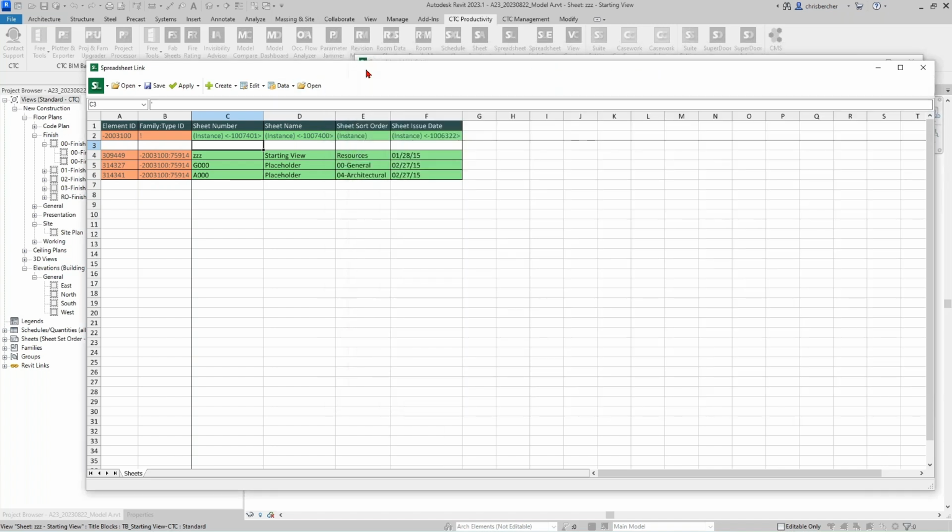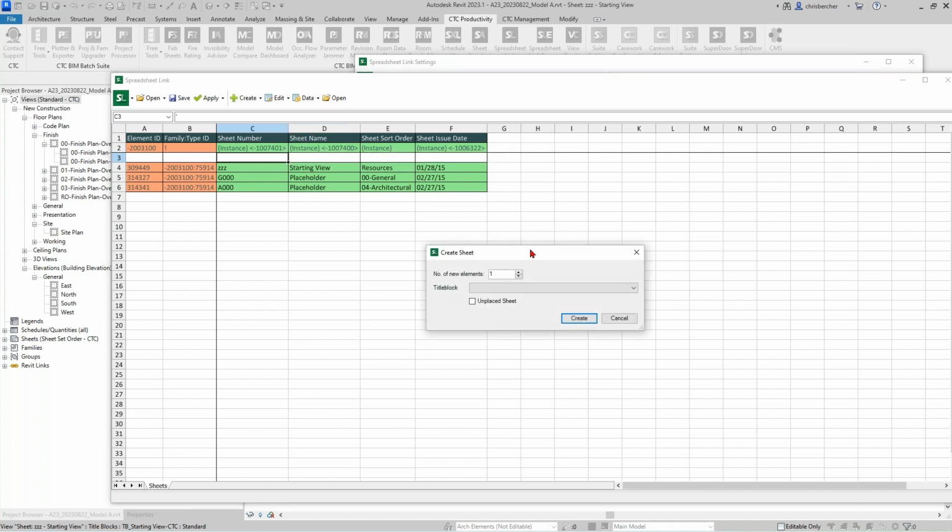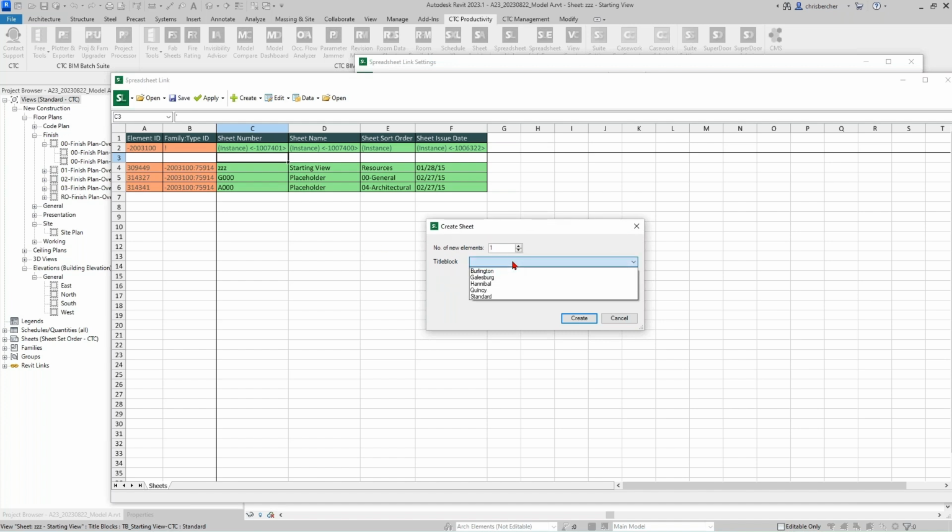That part's done. Now I come to my preview window here and I can begin the process of creating my sheets. I can do them individually, one at a time, by entering in the sheet number, the name, and where it's going to be organized in my browser, and an issue date if you know what that is yet. You can also use the tool to batch create these sheets, which is what I'm going to do. We have this create new sheets function here that allows you to specify how many sheets you want to add, which title block you want to use,